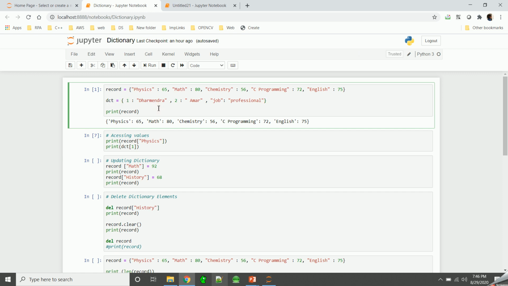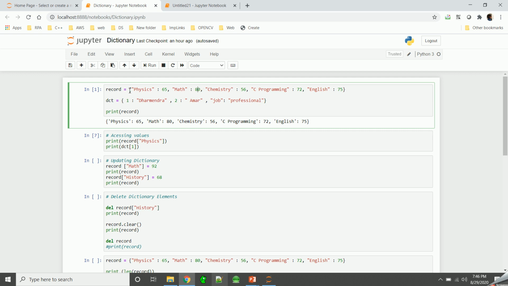So dictionary is a collection of key value pairs. Here, if you see, physics is key and value is 65, and another we have math, which is key and value is 80.